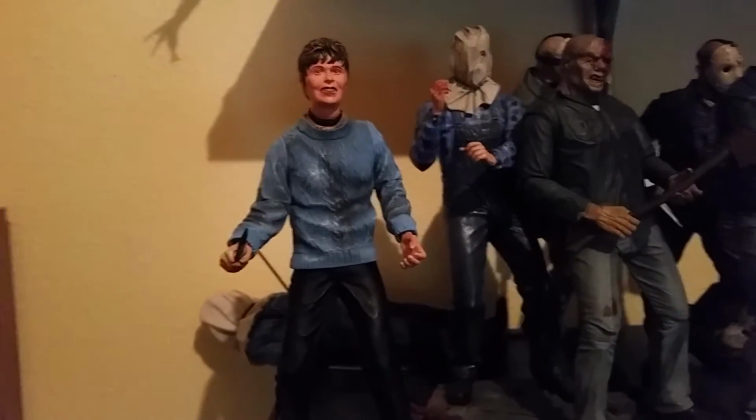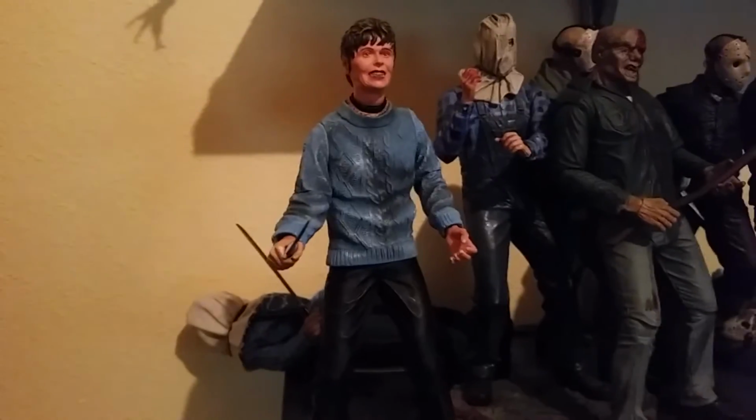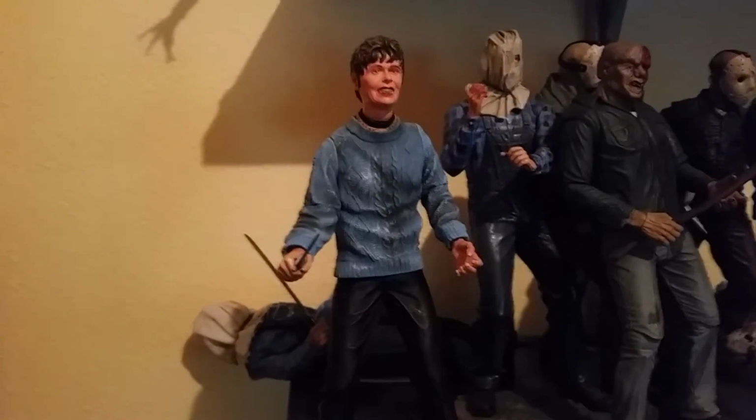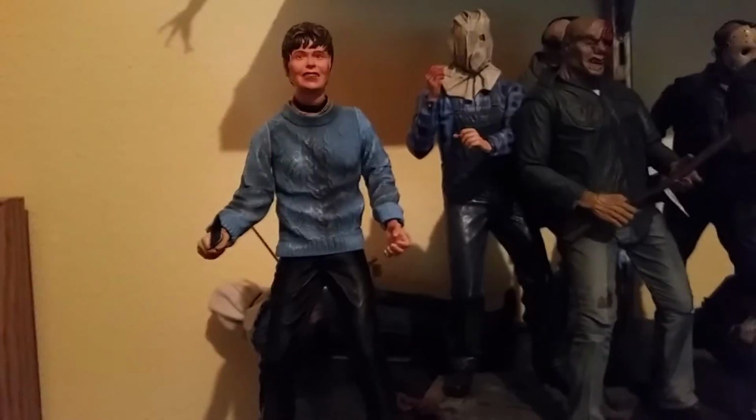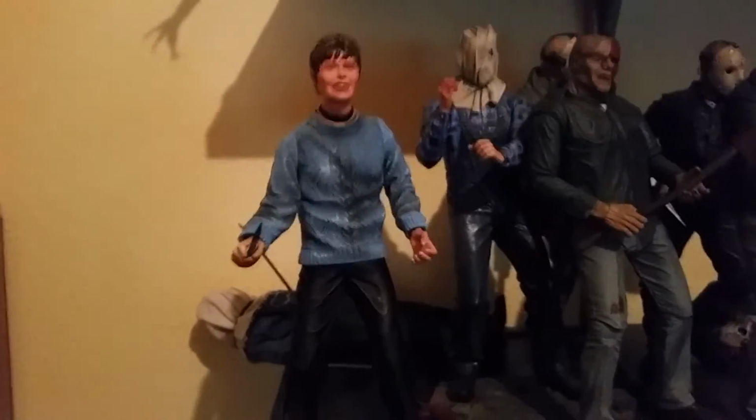I posted this on Facebook, but rest in peace to Betsy Palmer, the original Mrs. Voorhees. Kind of bummed. I was supposed to meet her at my first ever horror convention. She had to cancel last minute, so I never got to...